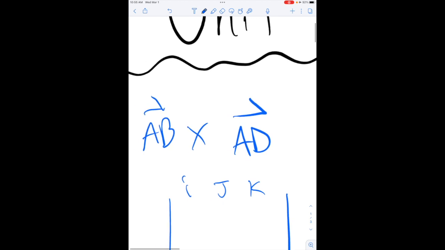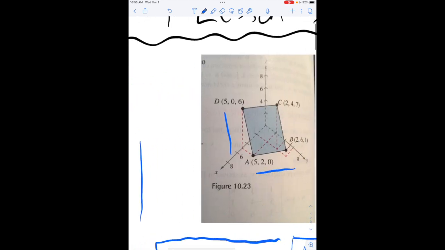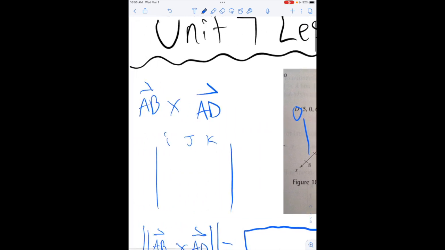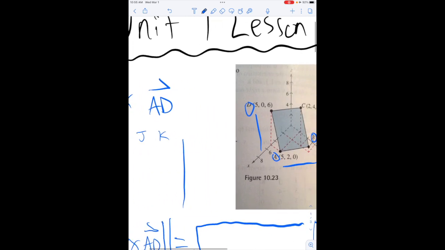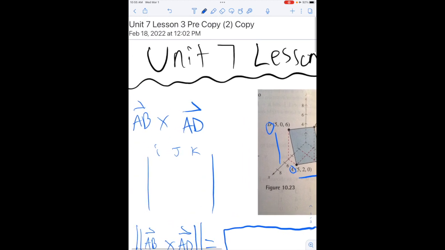with vector AD. If we look, AB is down here, AD is right here. So we are trying to find the vector that will meet both at a 90-degree angle. So if we set up our system to solve it, again, columns I, J, K, and